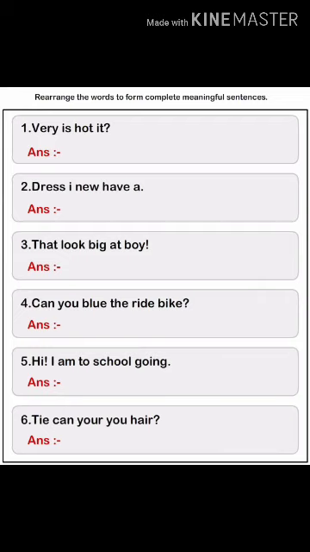So in this way you have to make sentences. Like, a question mark is there, so keep it in mind. You have to make an interrogative sentence, not the declarative one. So as it is, next is "dress I new have a," so a full stop is there, so you'll say: I have a new dress. Now this is your homework, another one. These 10 sentences you have to do in homework.